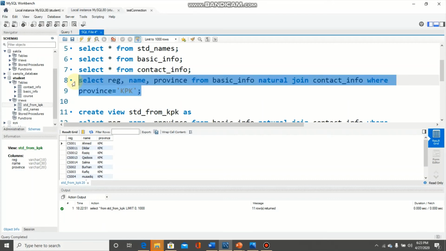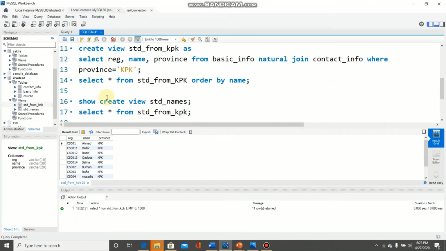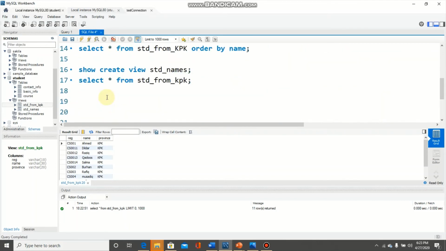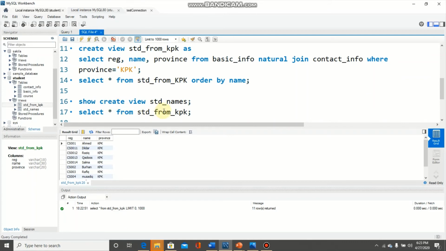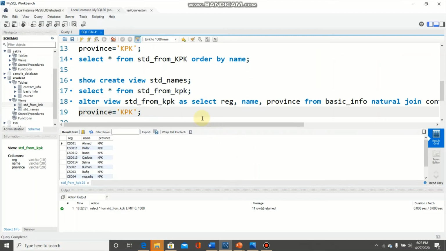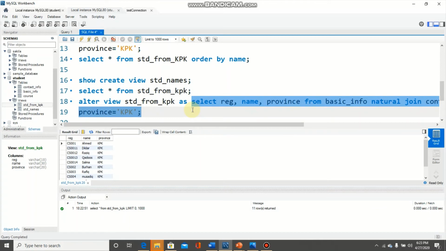So we are going to modify this query inside the std from KPK. So here we need to type alter view name std from KPK, and then as, this was the query used in std from KPK, and now I am changing it.